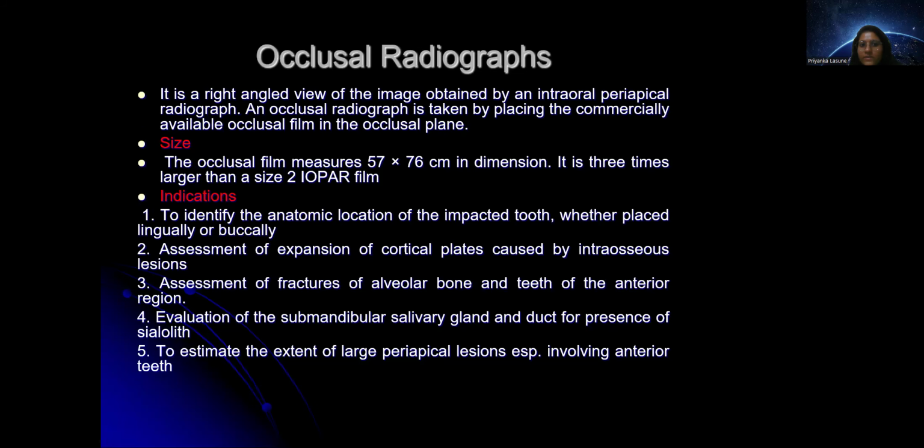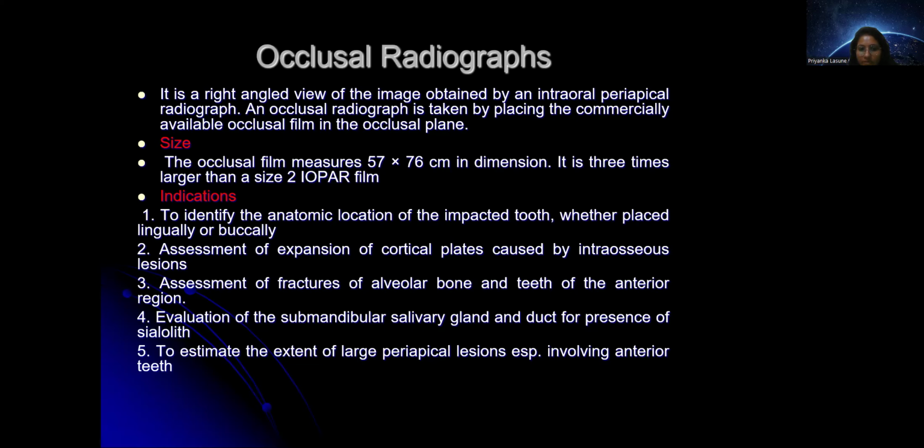Occlusal radiograph gives a right angle view of the image obtained by intraoral periapical radiograph. Occlusal radiograph is taken by placing commercially available occlusal films on the occlusal plane. The size is 57 by 76 mm, and it is three times larger than the size 2 intraoral periapical films. Usually, it has some indications. It is used to evaluate any stone if it is there in the salivary glands, like a sialolith, or to see the expansion of the cortical plate by intraosseous lesions,